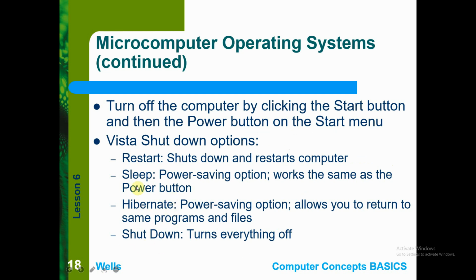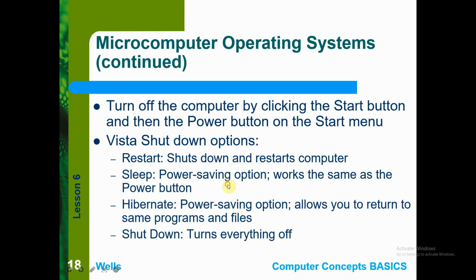Shutdown is shutdown. Sleep is sort of a power saving option. If you leave the settings at default, after several minutes of the system being idle, without any movement of the mouse or keyboard, it will go into sleep mode. But you can also set it so that it won't go into sleep mode, or set after how many hours it goes to sleep. Hibernating is also a power saving option, but it allows you to return